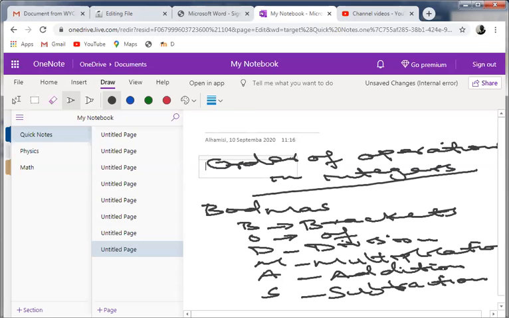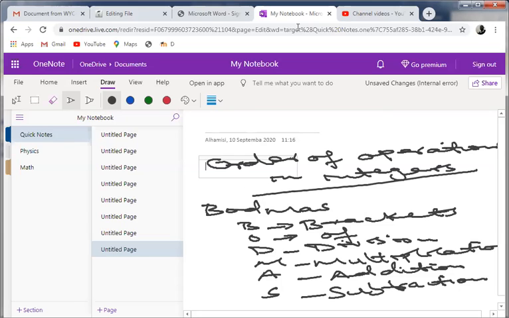So the order of operations is where you have more than two signs being involved in an equation. And for you to be able to solve that equation correctly, you need to strictly observe the rules of BODMAS. Remember, if you do anything contrary to the rules of BODMAS, then you will get an answer which is not going to be correct. So anytime you are working on any equation, make sure you observe the rules of BODMAS.